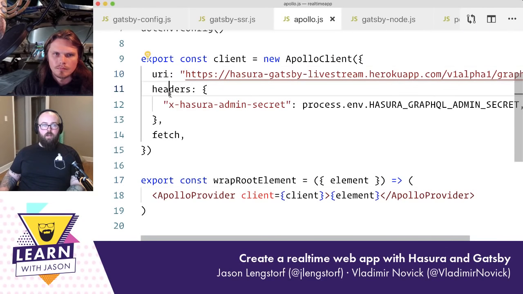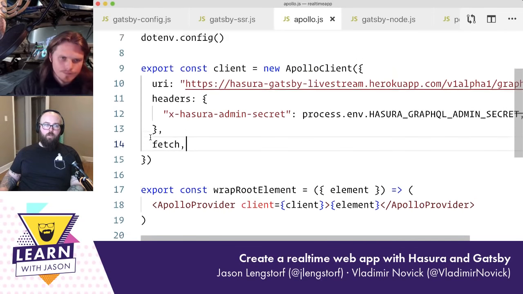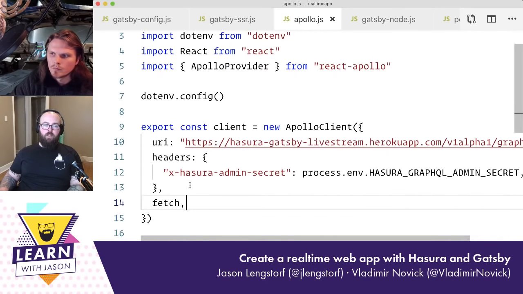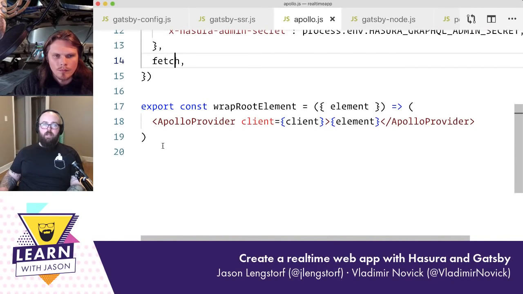We set up the URI, we set up the authentication headers, which you would change to a read-only or limited access key so that people can only post comments or read the comments, as opposed to being able to do everything, which is what this would let them do. And then we set up that isomorphic fetch so that it works both in the Gatsby SSR and in